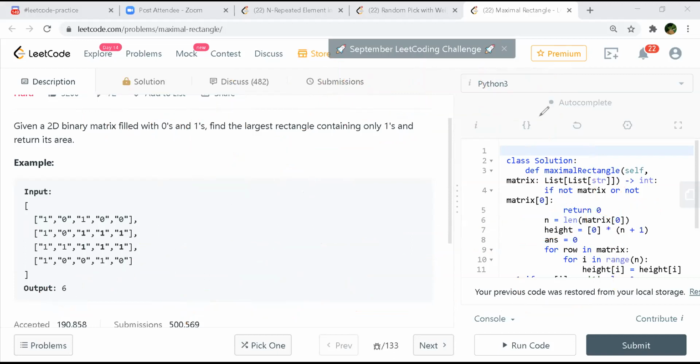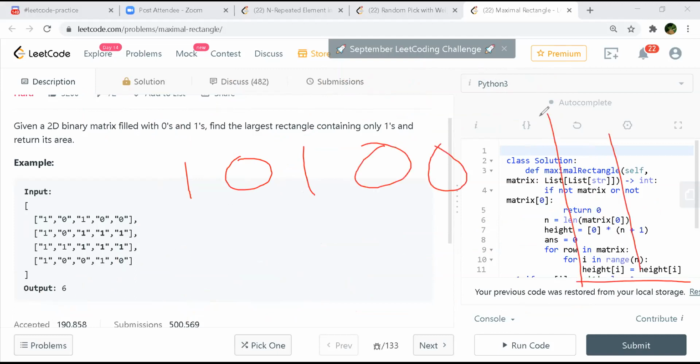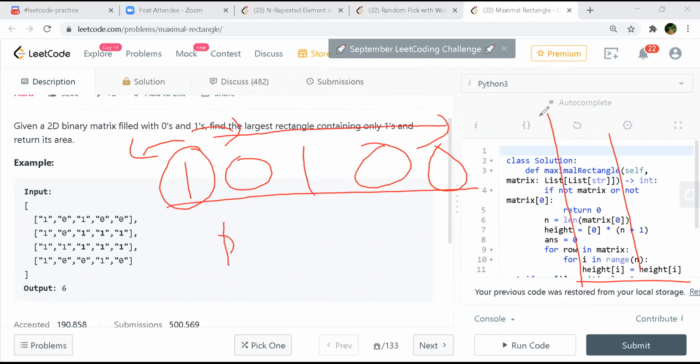Okay. So it's like, I mean, this 1 0 1 0 0. So what will happen? You have to compare its both left and right height. I mean, you have to find a value which is lesser than this on the right side. Till that point, you keep on going. Okay. Let's take, I mean, forget about this. Let's say 5, 6, 7, 2, 1, something like this is there, right?